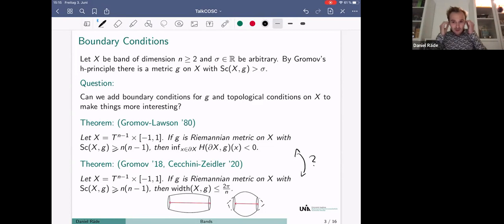And the answer that we will see in this talk, hopefully, if I get through all my slides, is that there is a general principle which governs both results. We will see what we call a scalar and mean curvature comparison principle, and the first and the second theorem are just the extremal cases of that. All right, that's the goal for this. And of course, we want to find the most general formulations of these theorems that are possible: the most general topological conditions on X and the most general metric conditions. All right, so